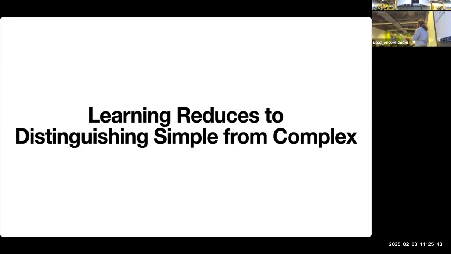A problem about saying yes to complex inputs and no to simple inputs, or vice versa. Those problems are enormously flexible. We don't know how to solve them. We have conjectures that some of them are hard, and we have other restricted versions of those problems that are actually easy. So this simple from complex phrase is doing a huge amount of work